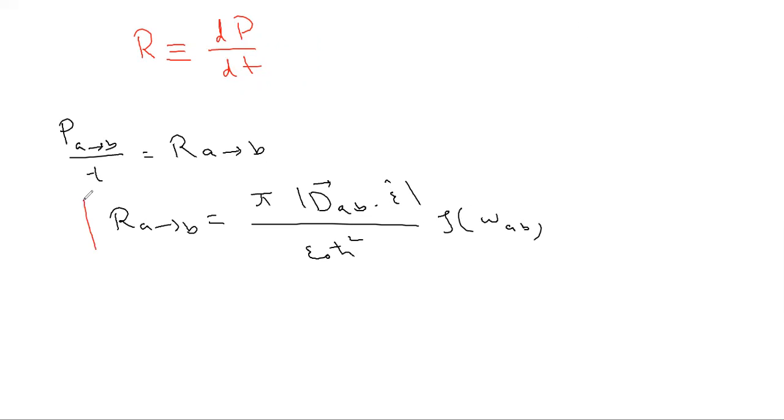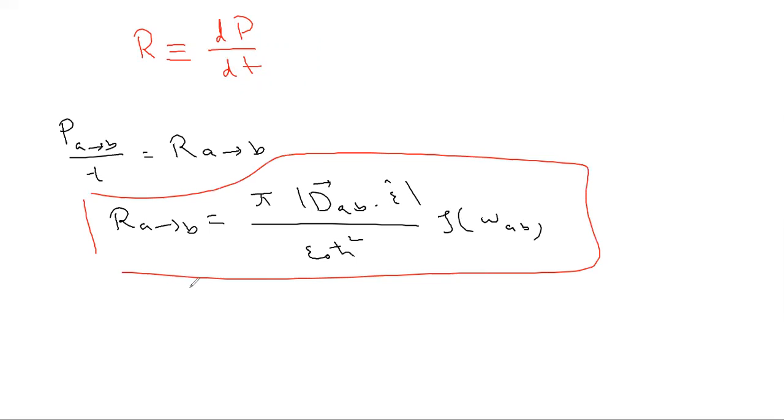So this is the transition rate, which is independent of time, so it is constant in time. Okay, so far we have considered that the perturbing wave is coming in along a specific axis, the y-axis, and the polarization is along the z-axis. But what if we want to consider all of the possible types of polarization,